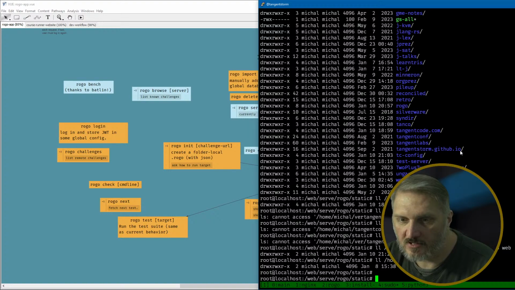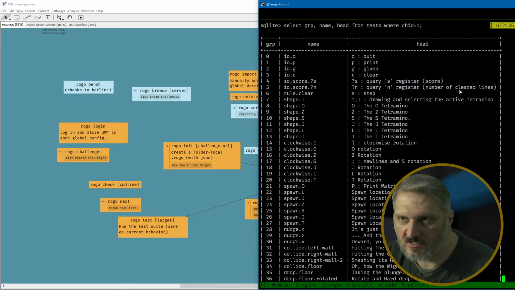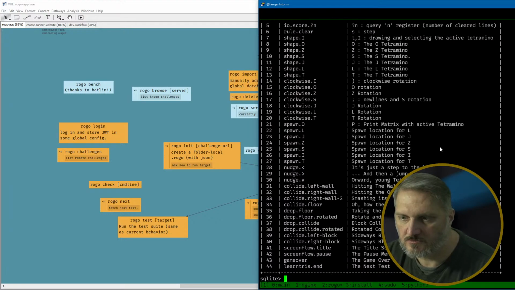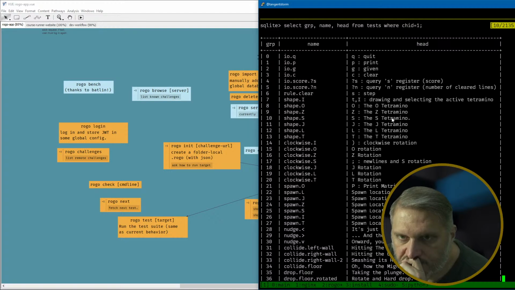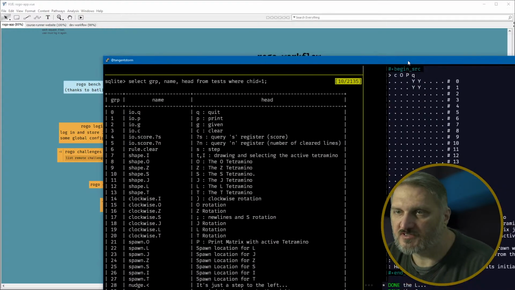Important to know, but I guess it's scrolling off the screen somehow. Anyway, I just selected the name and the head, and so I added this group column. So far I'm not actually using it. Let me move this over to the other side